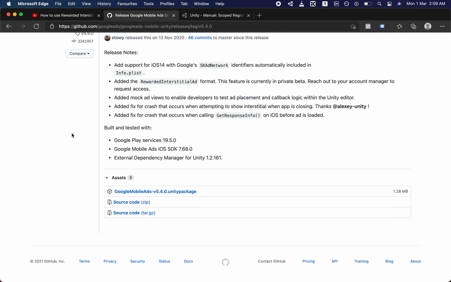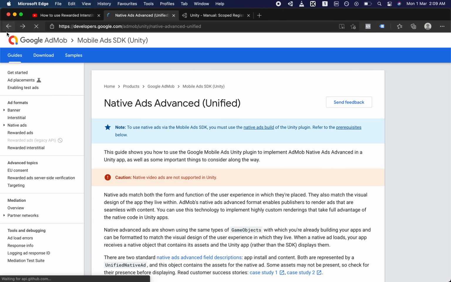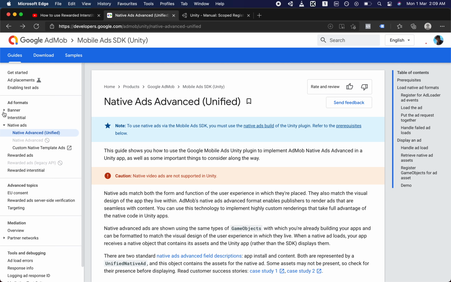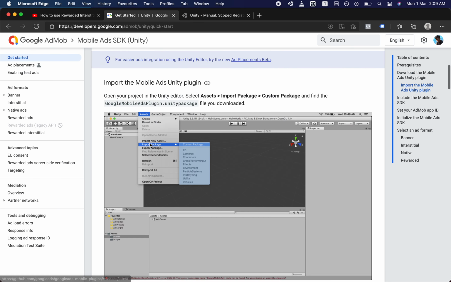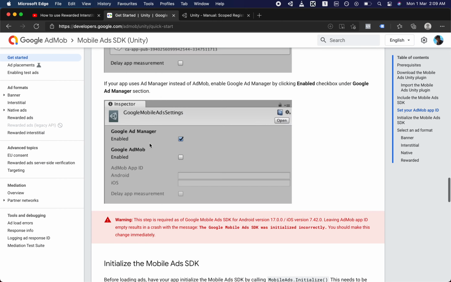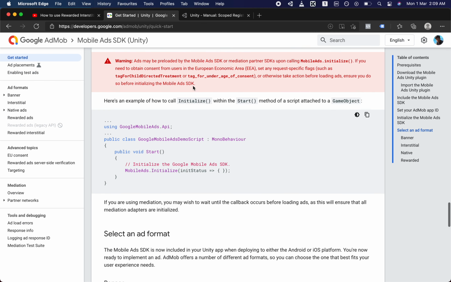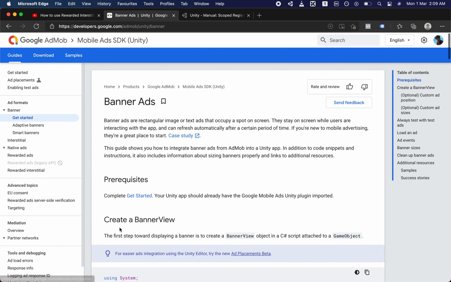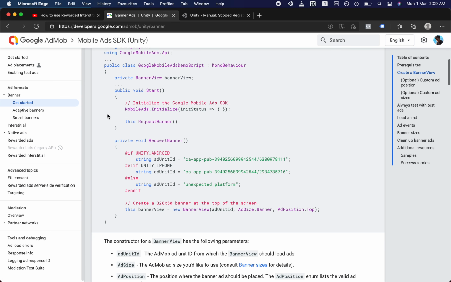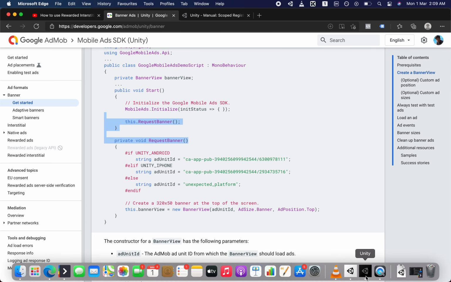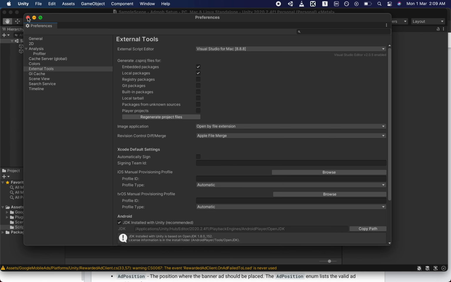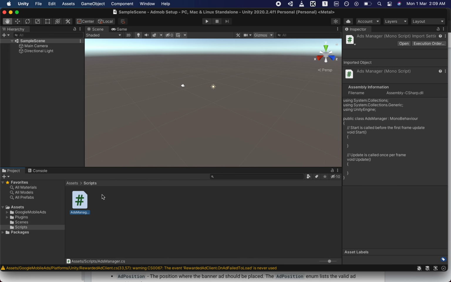Meantime, we will be on this AdMob SDK documentation. So go to this URL and here select get started. And what's important for us is this ad SDK. So test ads, what we want is the test ads and how to implement a banner ad. So click on this implement a banner ad and copy this code. So go back to Unity again, open the ads manager.